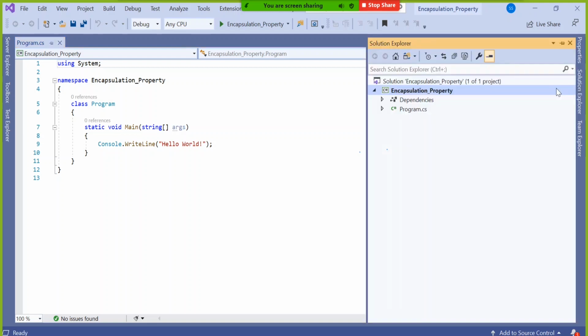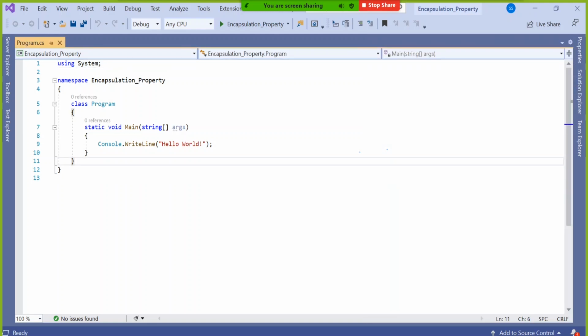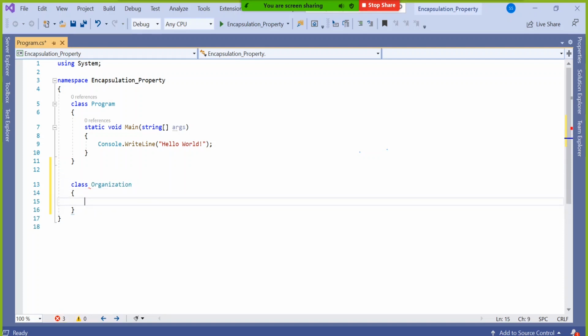And here I want to create one more class. Say my class name is something like organization. And here I have some data like something called integer established year.